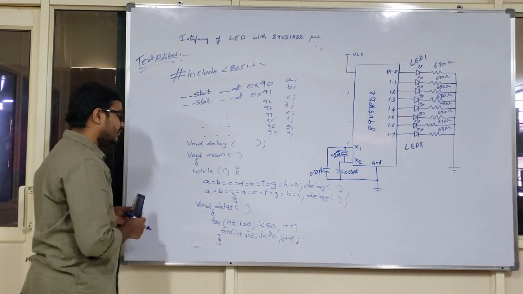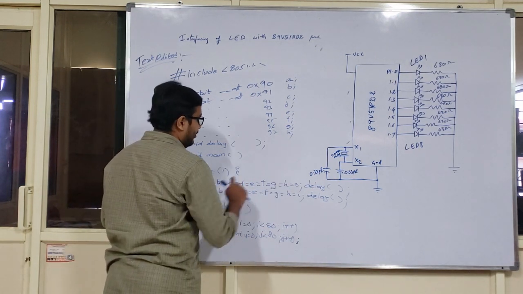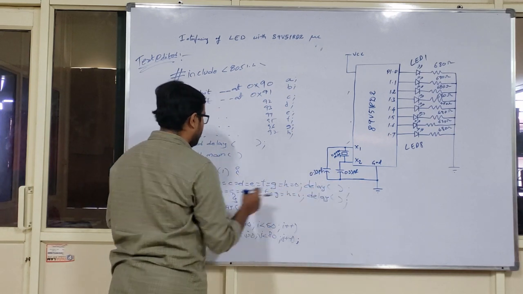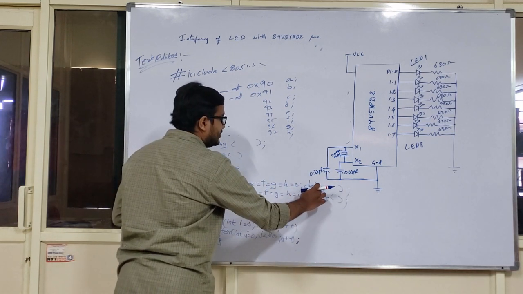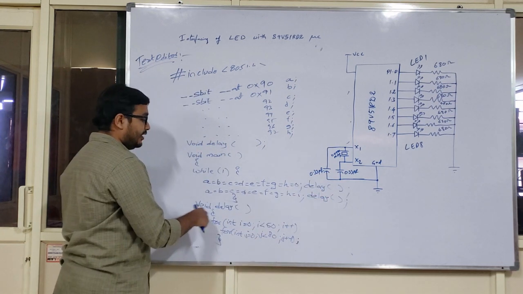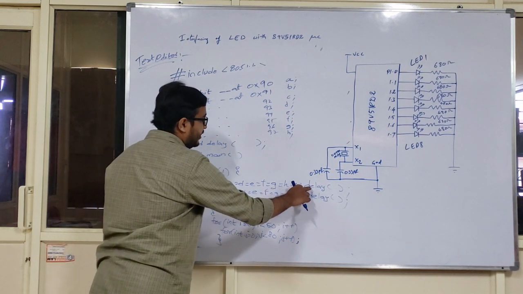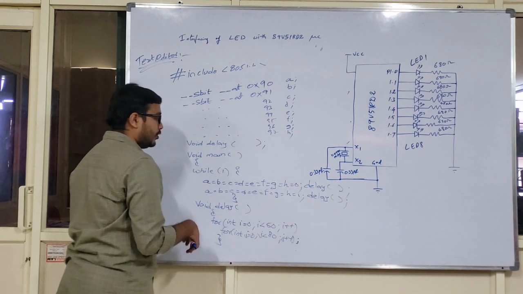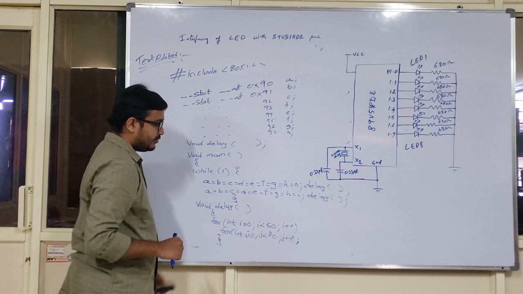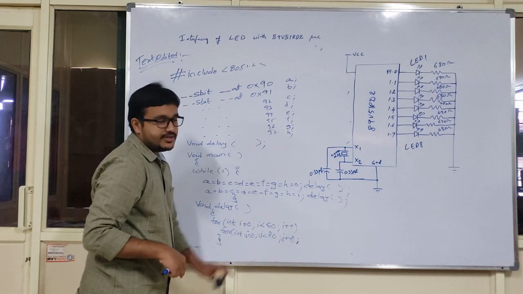As I said, all these variables are equal to 0. That means all your LEDs are equal to 0, and this will be sustained for a certain amount of time. Once the delay function is called in the program, the control will search for where the definition is provided. That means where the delay function definition is provided, the control will search. So inside this void delay I have two for loops: for int i equal to 0 and j equal to 0, i less than 50, j less than 80, i plus plus and j plus plus.